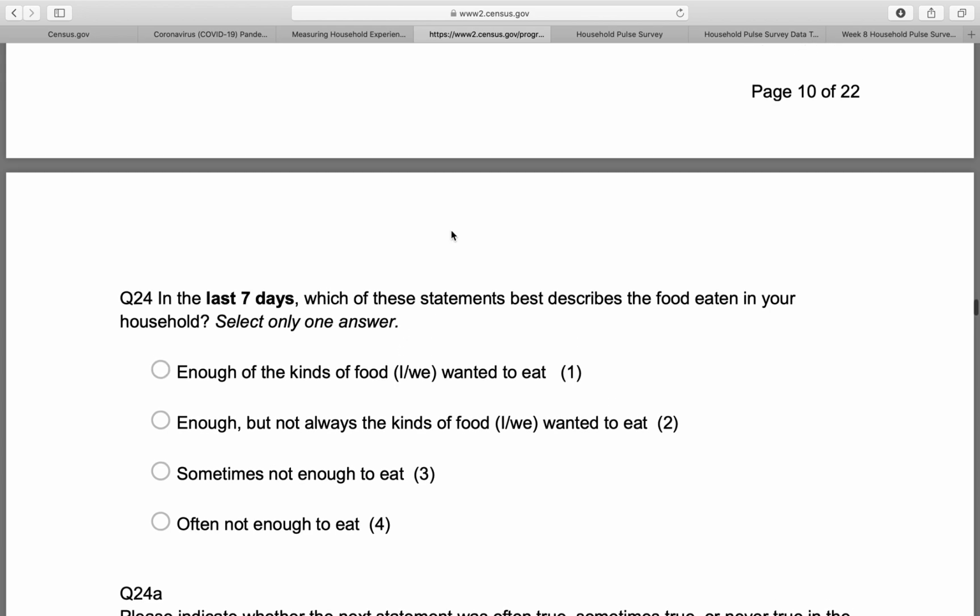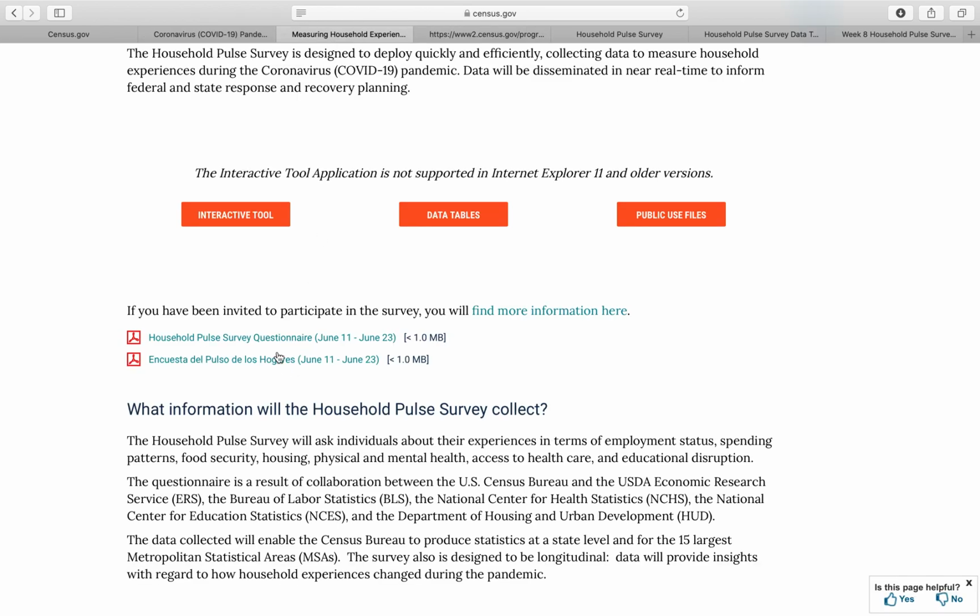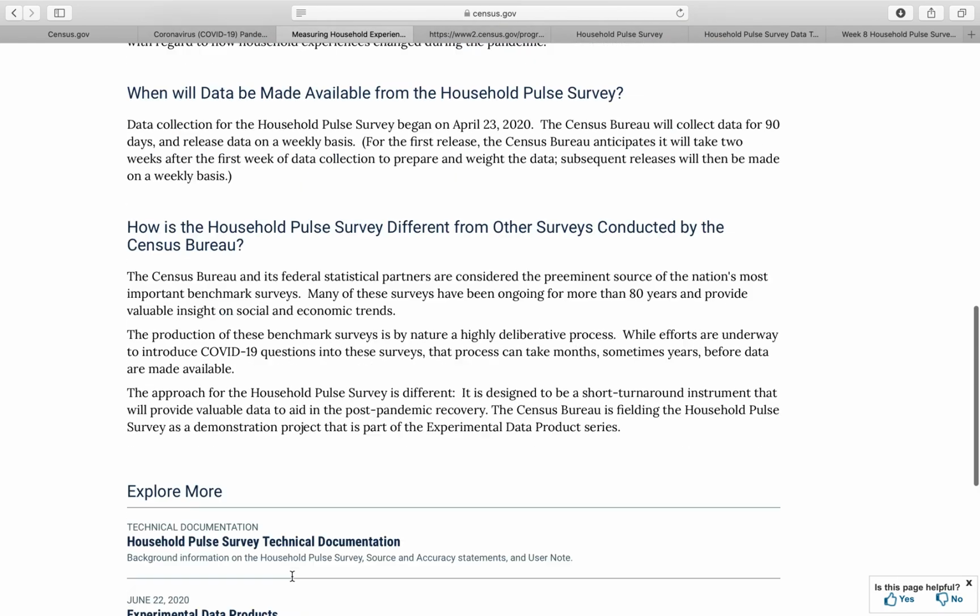Because I want you to look at it so you get a sense of the types of questions they ask, so that you can decide whether you want to use the interactive tool only or whether you want to actually look at data tables too. The data tables are the ones that will have the most detailed information. So if you go back here now, once you've got a sense of what the technical documentation is telling you